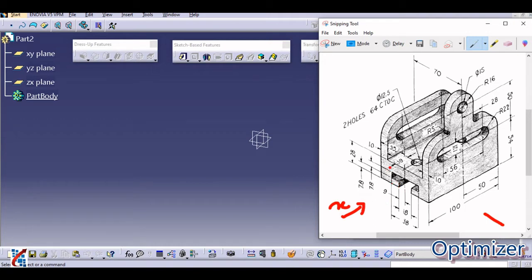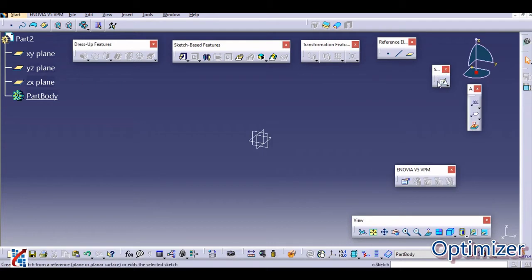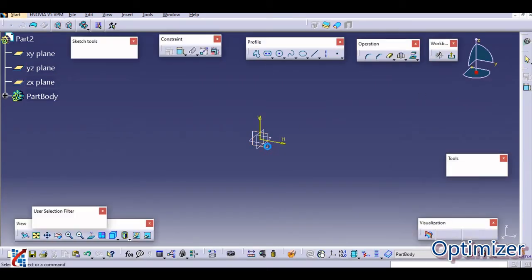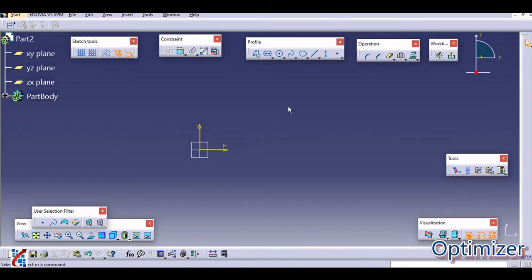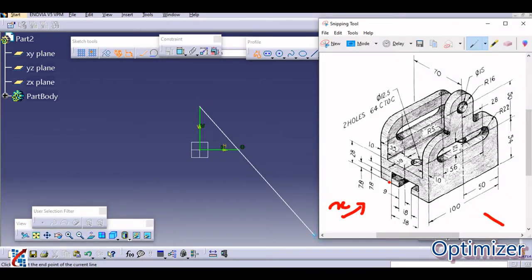Okay, so this is how we are going to complete this one. We are going to start from this x direction. Firstly I'm going to draw this C section. Okay, so let us start. So sketch, I'm going to select this plane, and now you can start with the profile. So it will be like this.